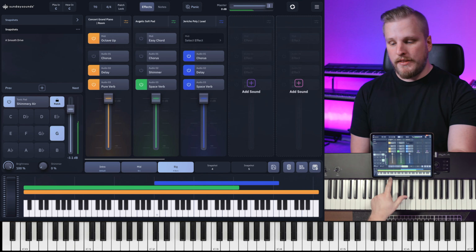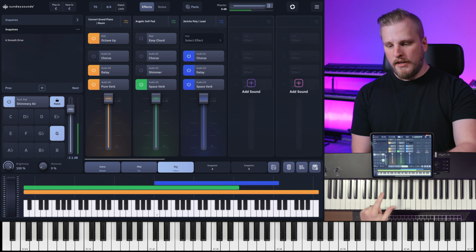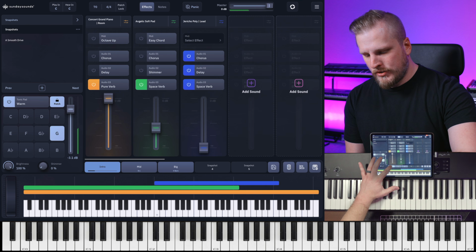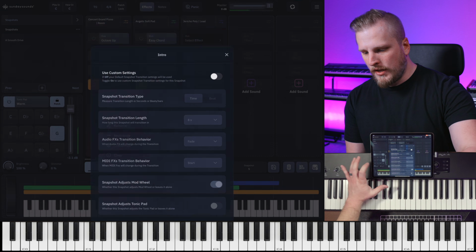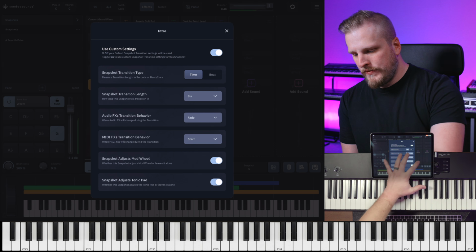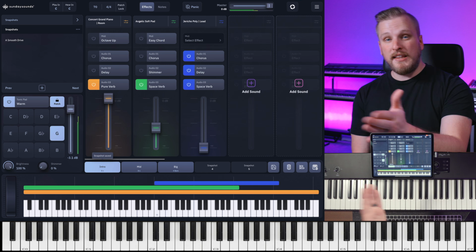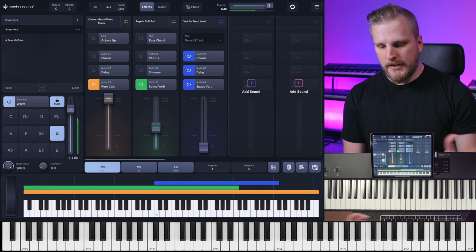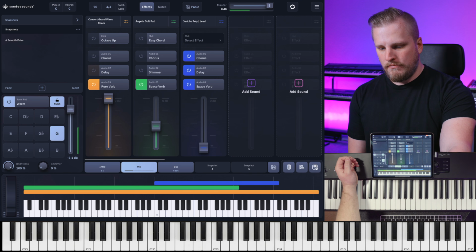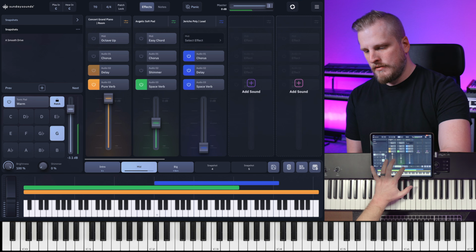So now I've updated these two snapshots here, but let's go ahead and reinitialize the patch. I'm going to store this intro setting here as well. So then even if I move back to that snapshot later, these settings are going to be recalled. So now I have 3 levels of intensity for my tonic pad. So this is my intro, mid-range, and then